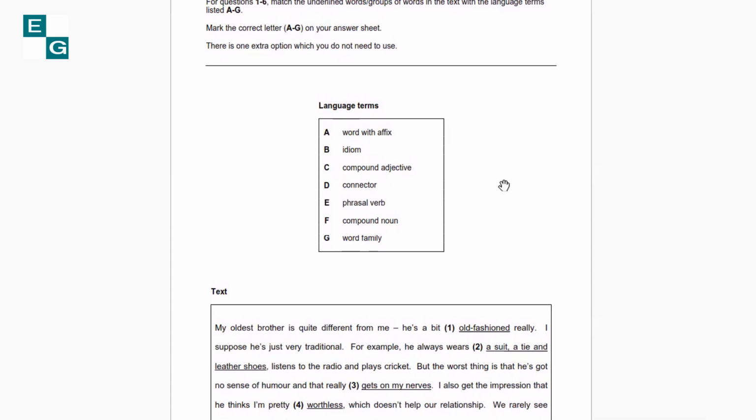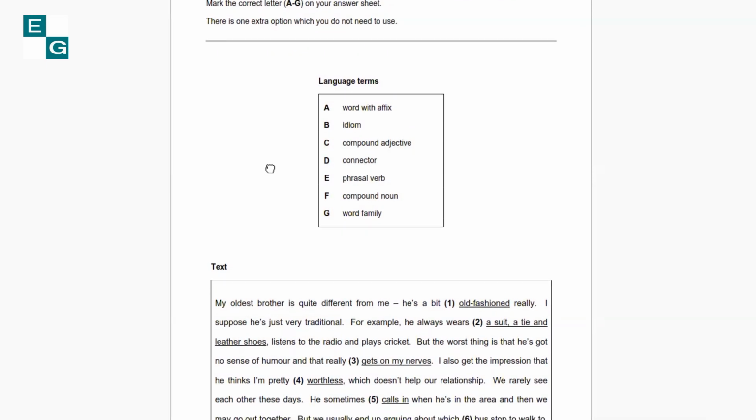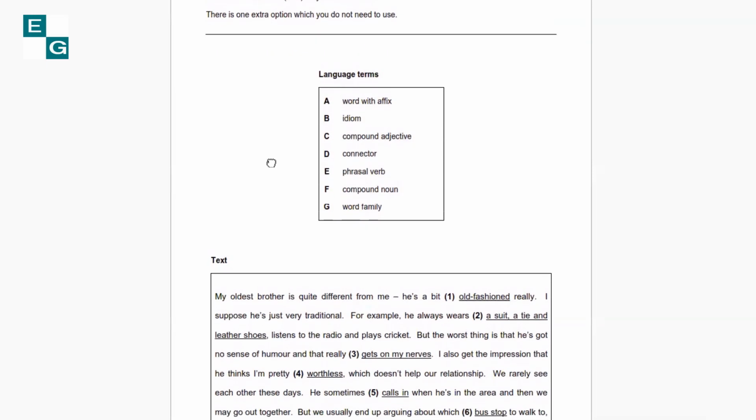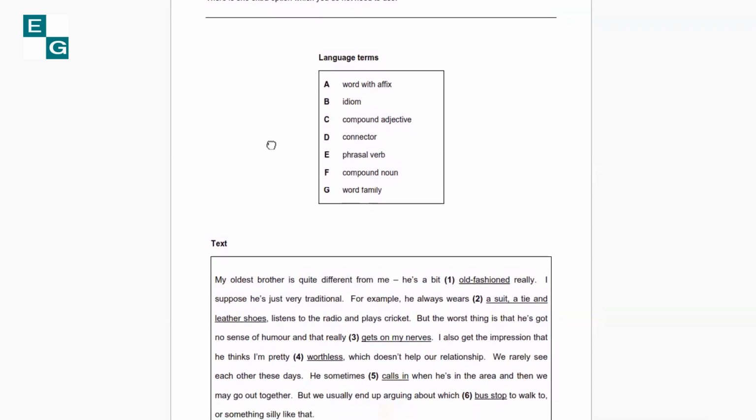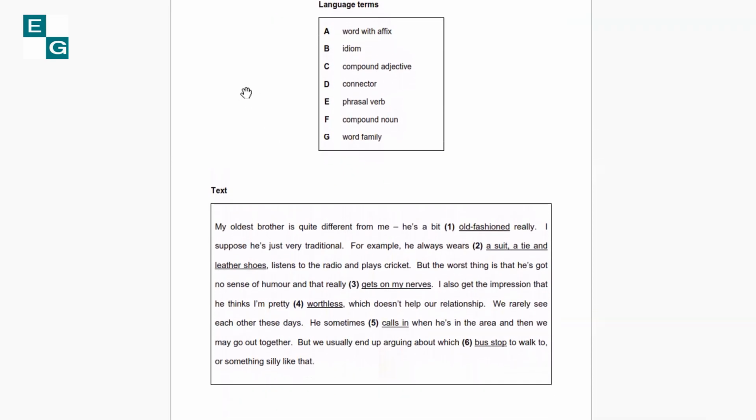Let's start. For questions 1 through 6, match the underlined words or groups of words in the text with the language items listed A through G. Mark the correct letter A through G on your answer sheet. There is one extra option which you don't need to use. Let's check it out. So we have,